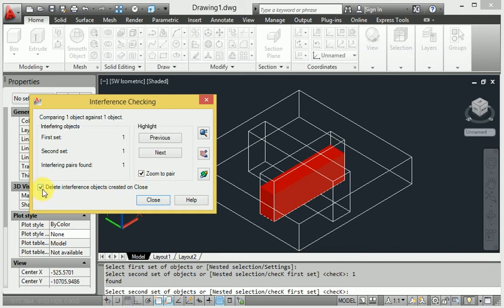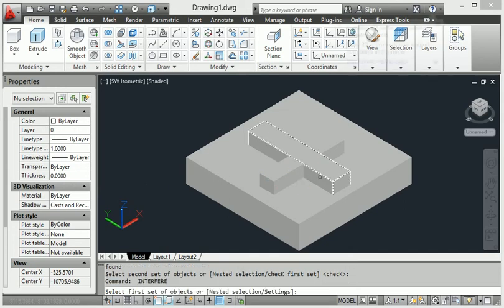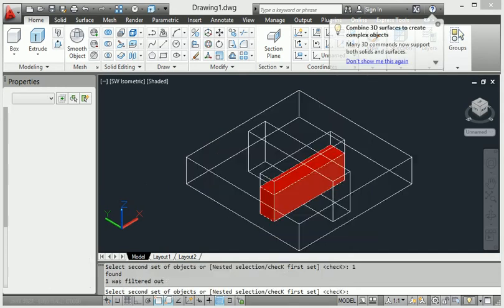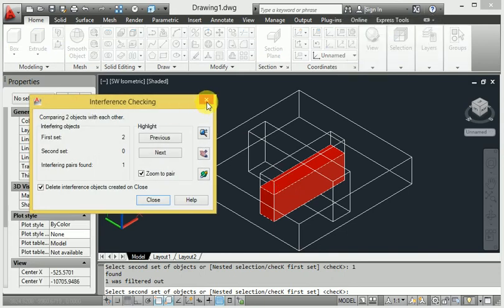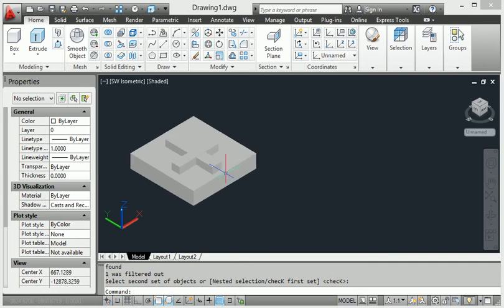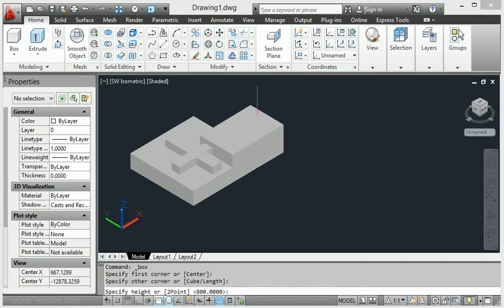So it means it is very easy to get the interference between both components. It is very useful for understanding interference between many different bodies. So it's like making another extrusion here, then I extrude and extend some distance. Then I will also show you interference between these bodies here.